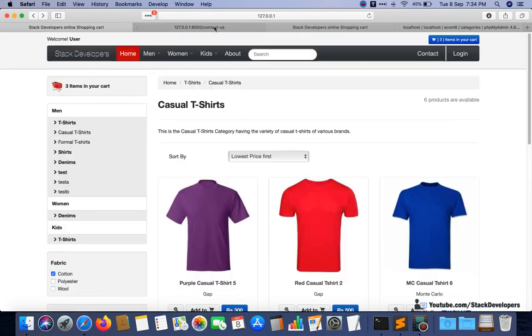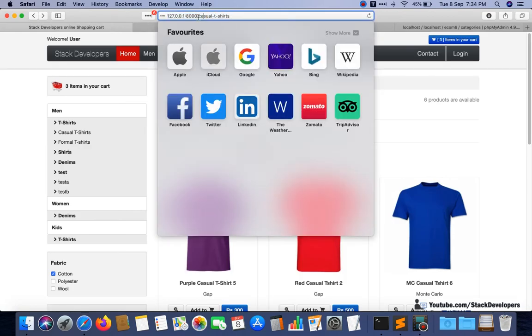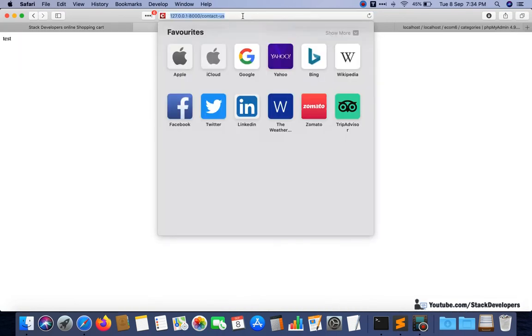And see now, this contact us page must also work. And see, the contact us page is also working, test is also working. See, both are working here. See, the URL looks identical, slash casual t-shirts and slash contact us. Even then both URLs are working.